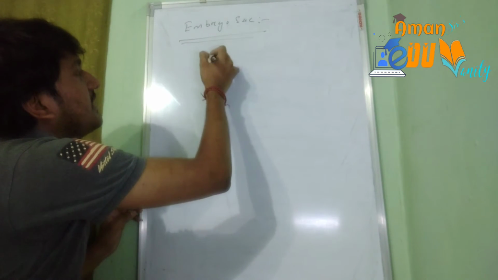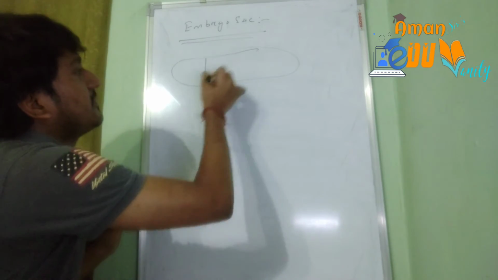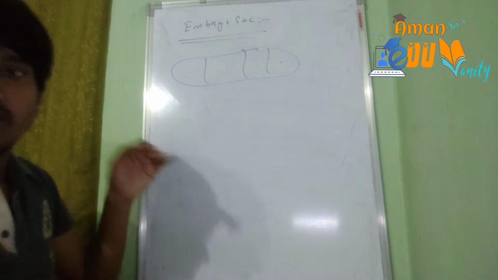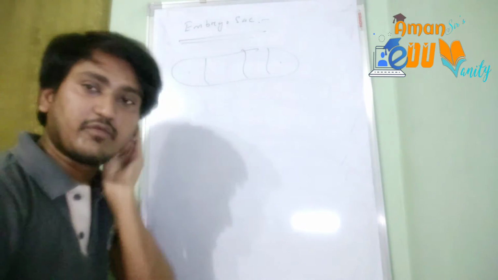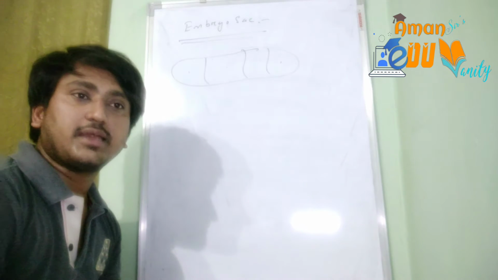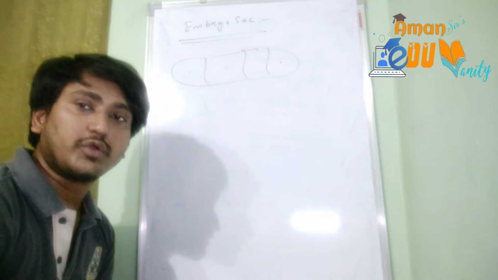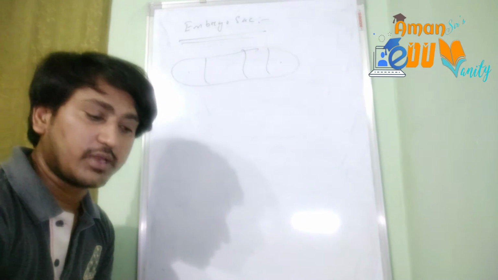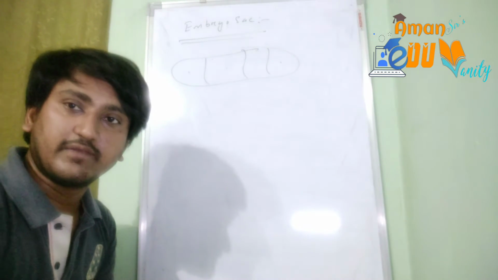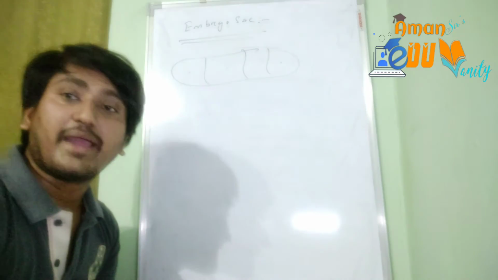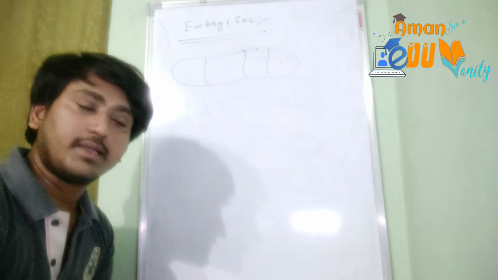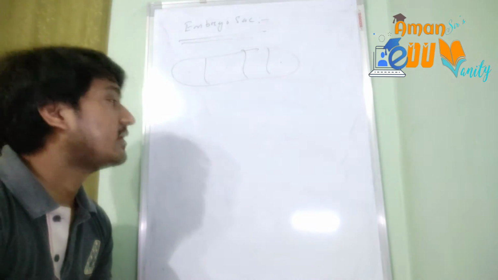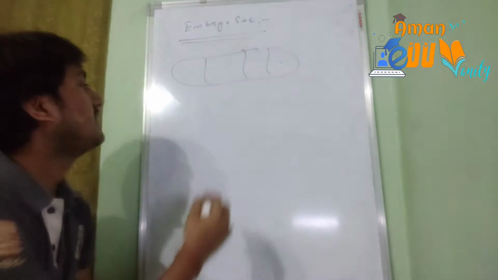Suppose this is the megaspore tetrad. Out of this, one functional megaspore develops into the female gametophyte or the embryo sac. And how does it occur? After the formation of the 4, one is functional, and that functional megaspore undergoes mitotic divisions, because meiosis is already completed. It undergoes mitotic divisions consecutively to form different nuclei within a single cell.